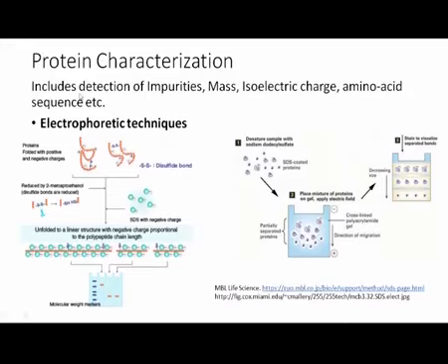Apart from that, you can detect the impurities, you can determine the mass, you can look at the charge, you can look at the amino acid sequence, and everything else you can determine by following certain techniques. So, let us look at the electrophoretic techniques, and the best one, as I said, is the SDS polyacrylamide gel electrophoresis, or in short SDS page. SDS is sodium dodecyl sulfate, and what it does is,